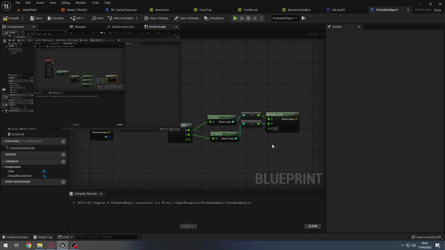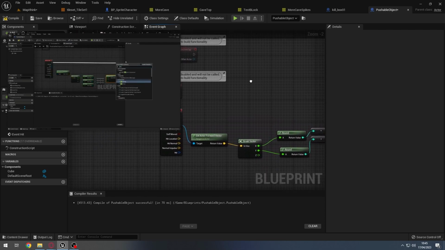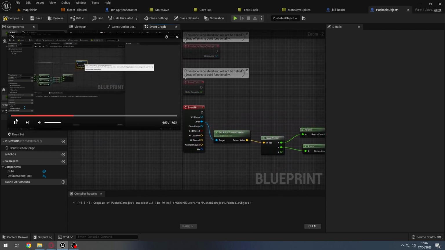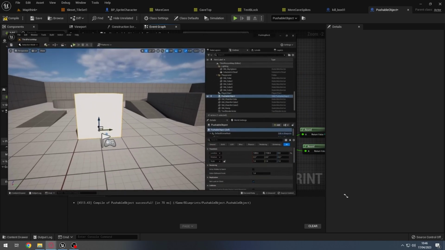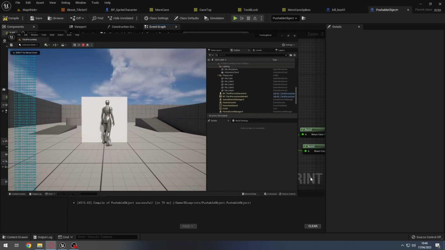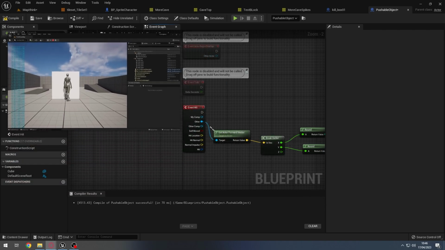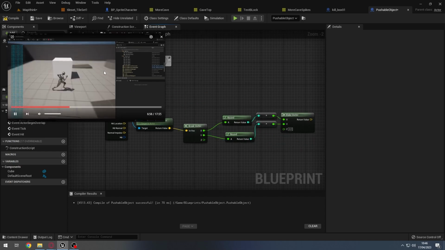And for testing purposes, I'm going to print string this new value. This will give us the more cardinal direction, hopefully, that we're moving in. So we go 1. You see it's rounded to 1 there on the X, and 0, 0 to the other two. If I go to this side,